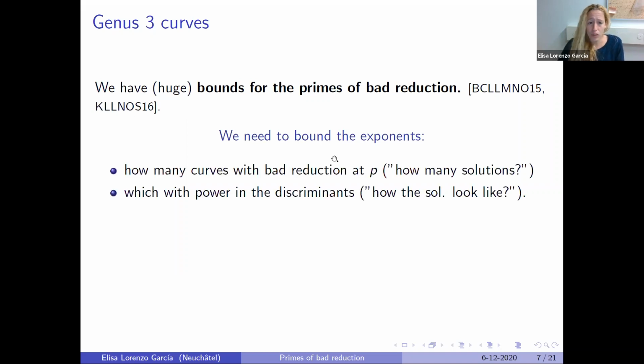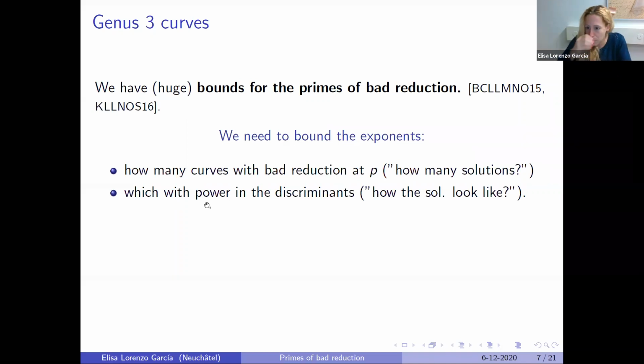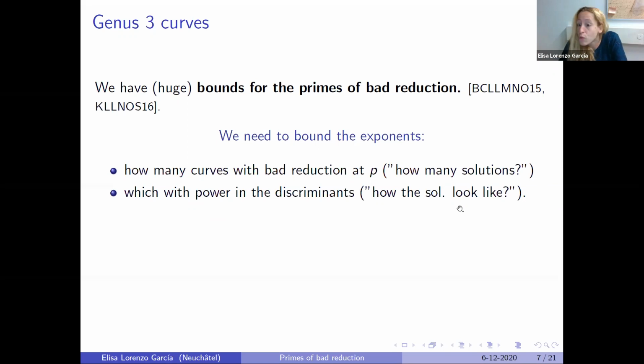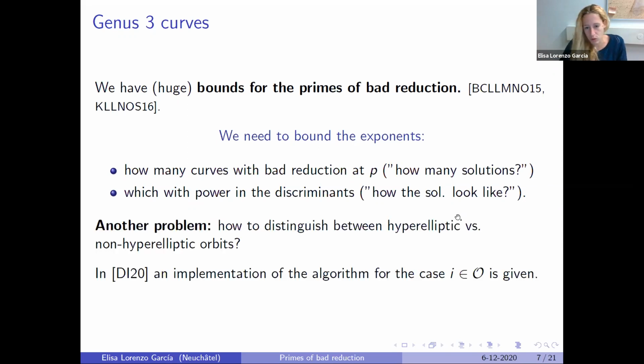This is going to be read as follows. How many curves have bad reduction at P is going to be read by how many solutions we find to the embedding problem. And how to bound the exponent, so with which power the prime appears in the discriminant, is going to be measured by how the solution looks like. So this is what we want to do today. Before I go to the algorithm to do that,